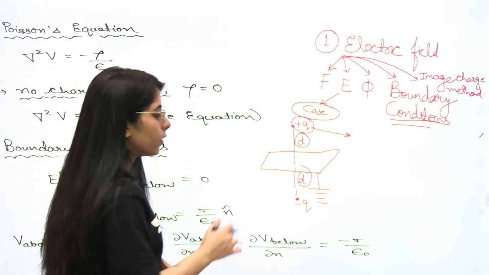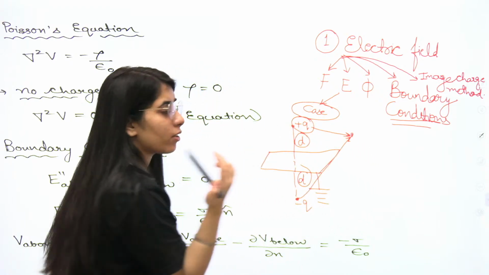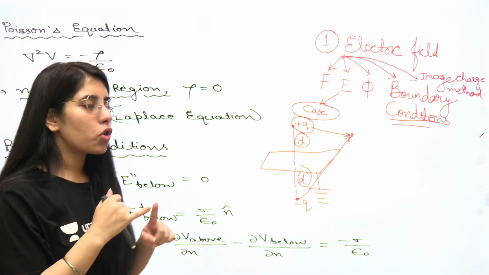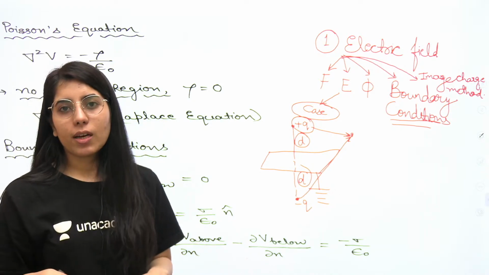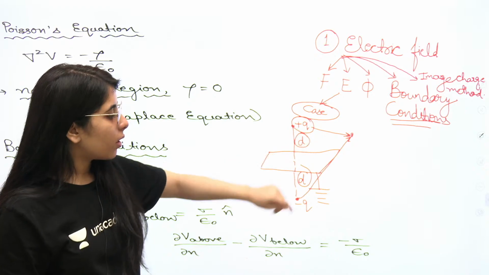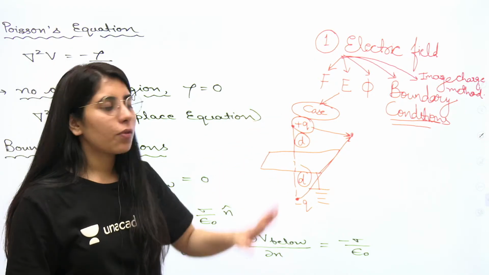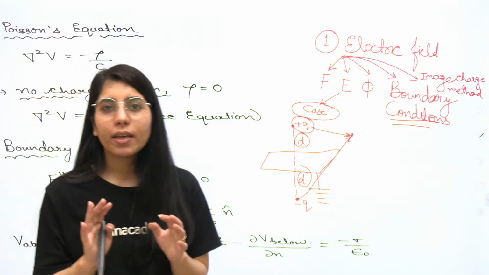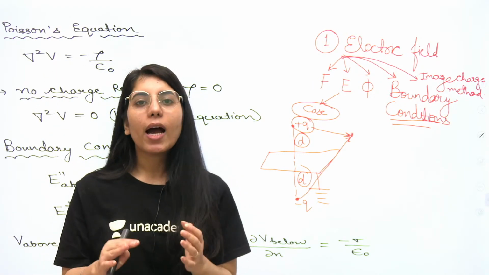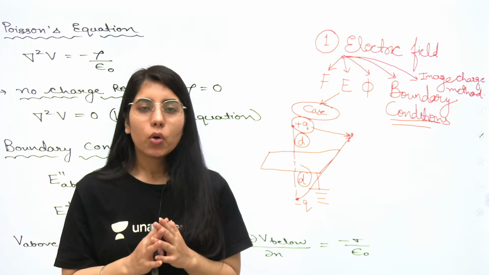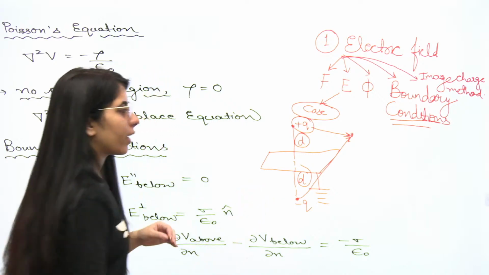And now due to both the charges, you will find the parameter you need to find as per the question, whether force, field, potential, power, or whatever they have asked you to find due to this given system. So you have to consider the image charge, then proceed further. One more thing: depending on the number of sheets given to you, you will have to consider the image charges. Sometimes students have a doubt at this point: